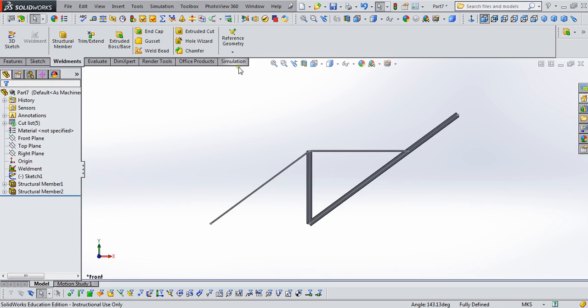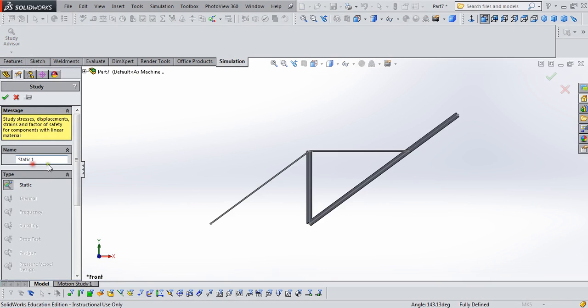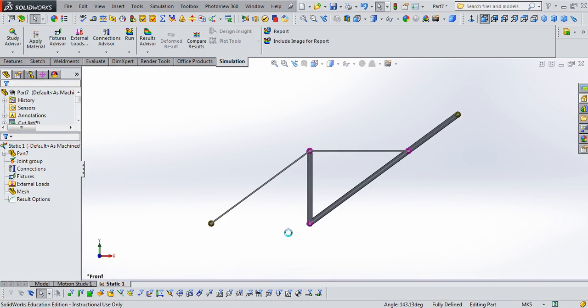And now it's time to create a simulation. So we go to Simulation tab, start a new study, just call it Static 1. It's a static analysis. And we will see our model appear, and it'll have joints. So purple means that it's connecting two or more members. Green joints, like the ones here at the end, are letting us know that those are free ends of these